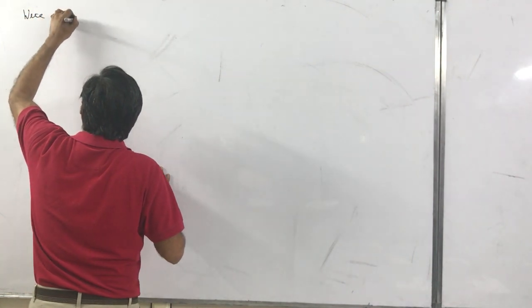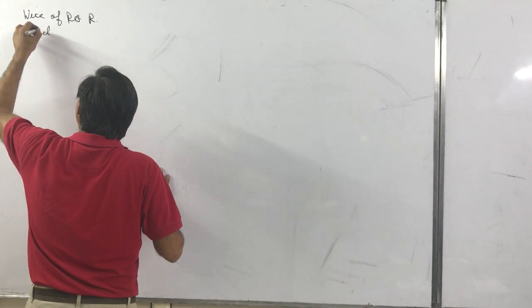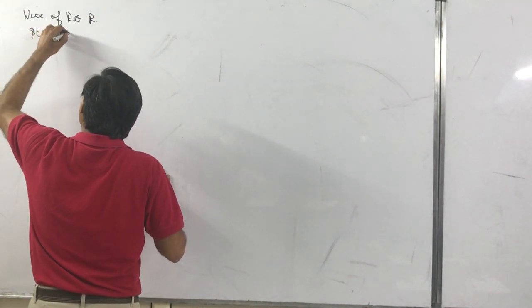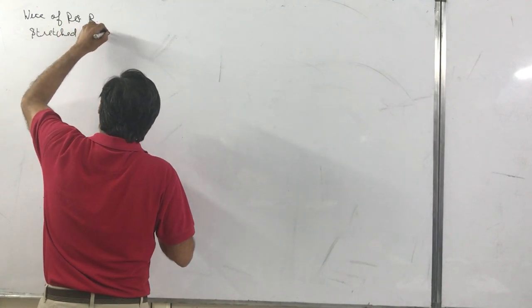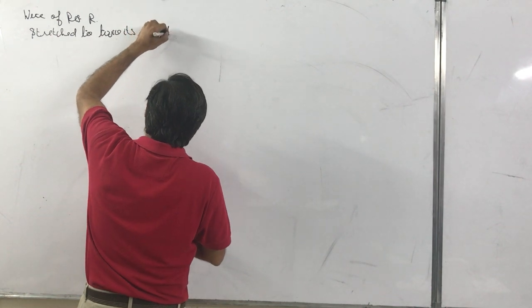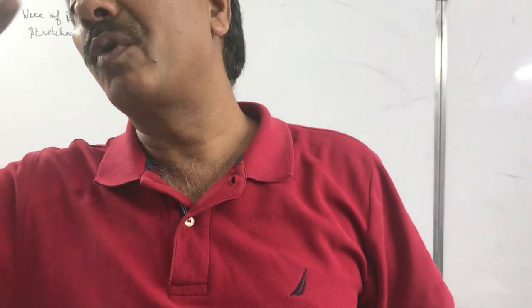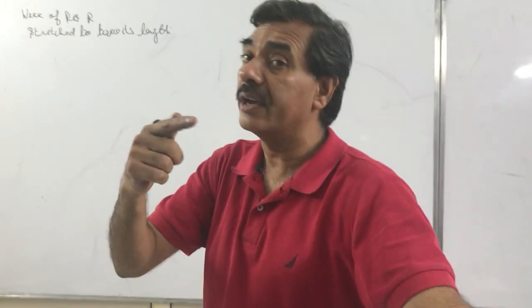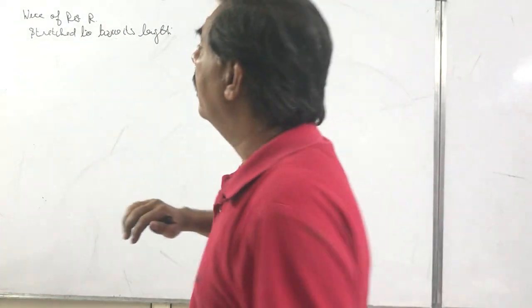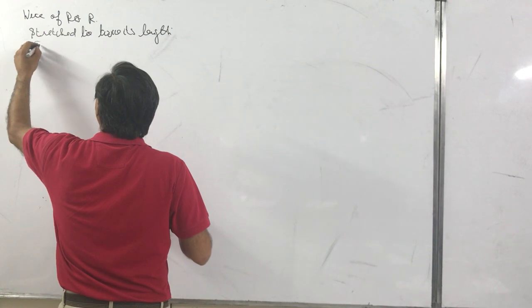वायर ऑफ रेजिस्टेंस R, हमने स्ट्रेच कर दिया उसको, ठीक है, stretch to twice its length. I did not take another wire of length 2L in the same area of cross section. Here is the cross sectional area, remember. अब रेजिस्टेंस कितना होगा तो पहले वॉल्यूम इक्वेट करना पड़ेगा. Stretch, find new resistance,